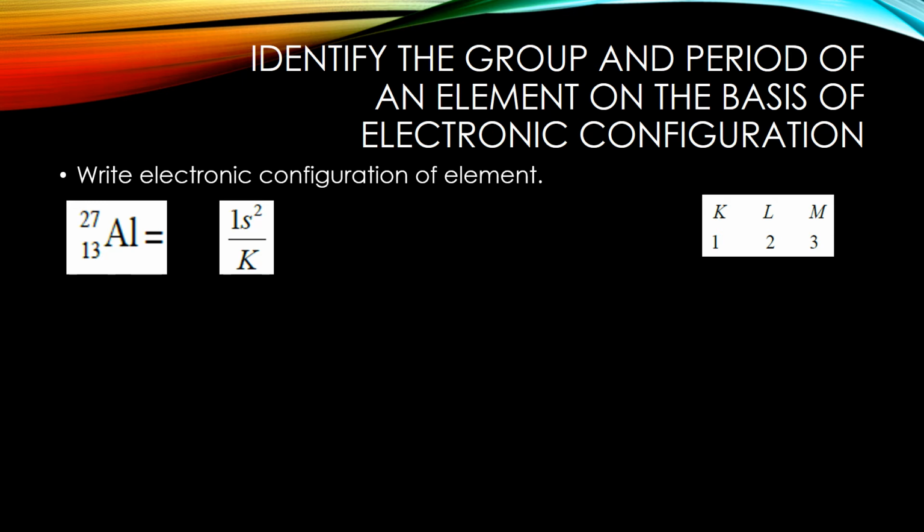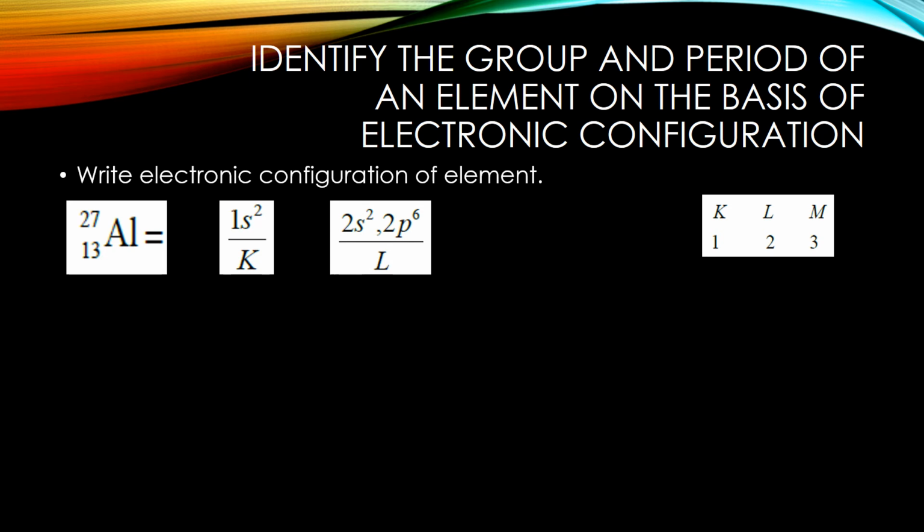So we write 1s2. Now the next shell is the L shell, containing 2 orbitals, 2s and 2p. The 2s orbital will accommodate 2 electrons, and the 2p orbital will accommodate 6 electrons. So up to here